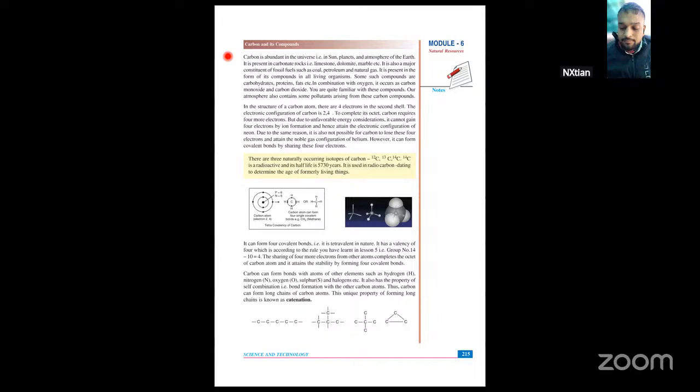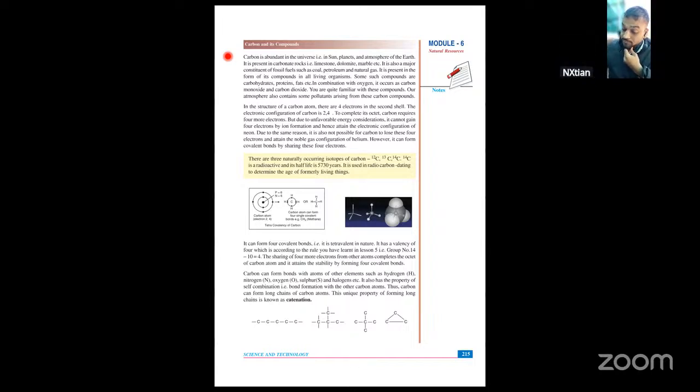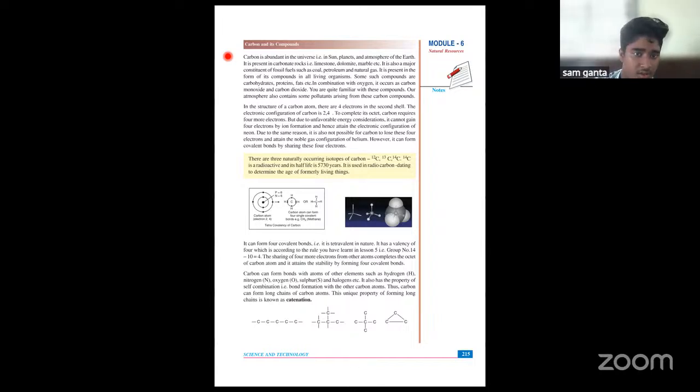Carbon is abundant in the universe, in the sun, planets, and the atmosphere of Earth. It is present in carbonate rocks like limestone, dolomite, marble, etc. It's also a major constituent